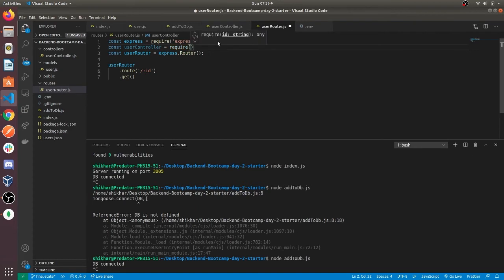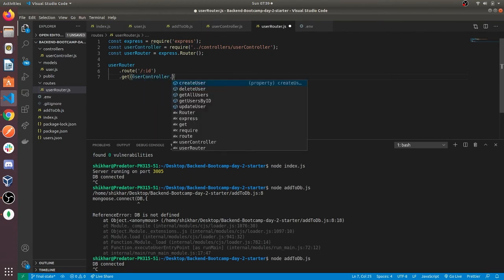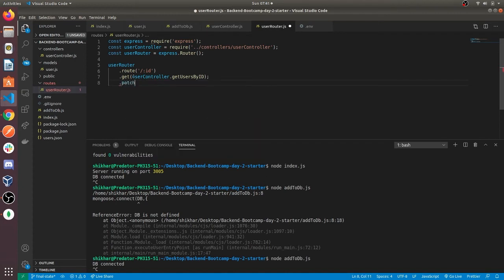We need to import our controller functions. When we are providing an ID, we would probably want to get a single user. A patch request would be generally to update a user. A delete request would be to delete a user.